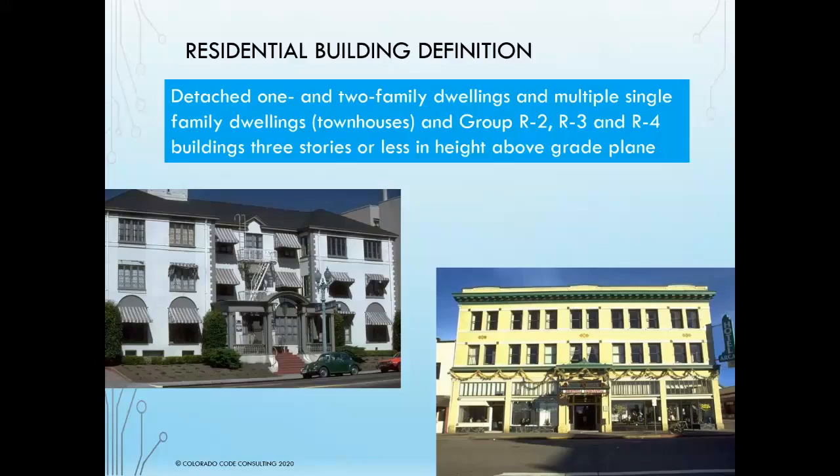So the upper two floors, I don't know, could be an R2. So if it was an R2, let's just make the assumption that it's an R2 for fun. If it was an R2, we would run two different energy compliance checks on this particular piece. We would run a commercial piece for the lower floor because it's not an R2, an R3, or an R4, okay? But because it's a three-story building, 3 stories above grade plane, the upper 2 floors we would do with